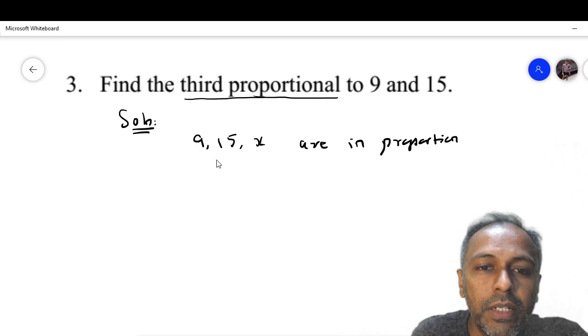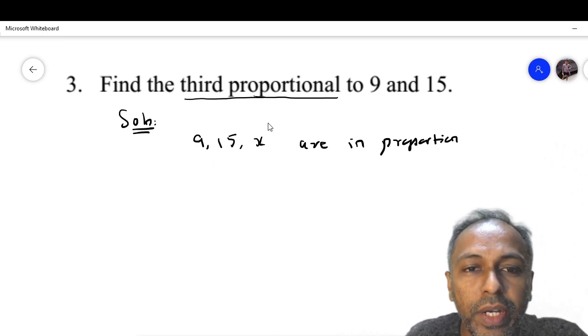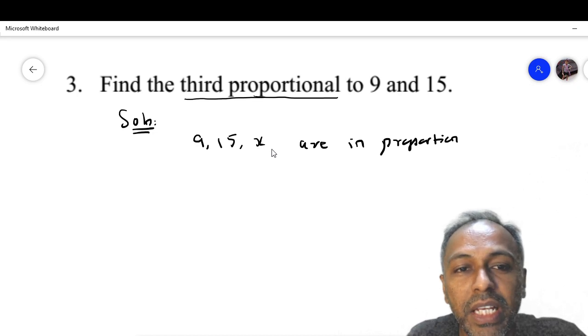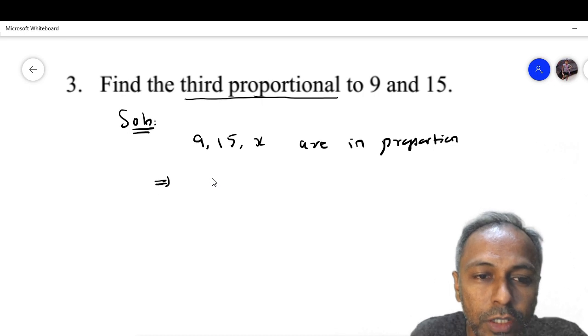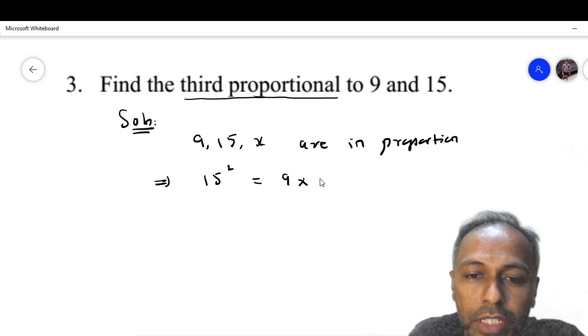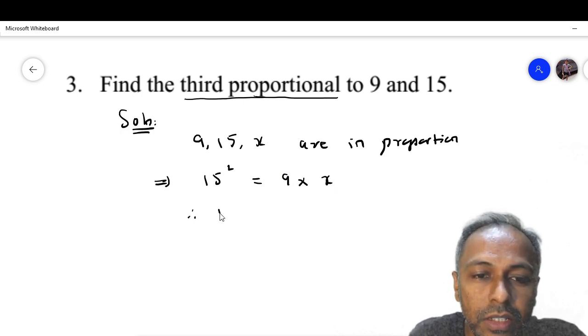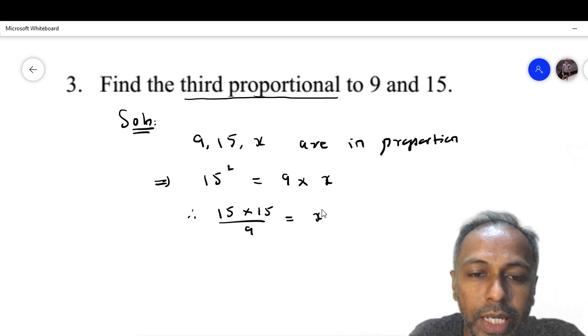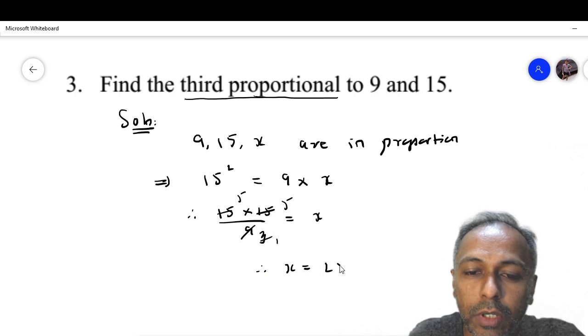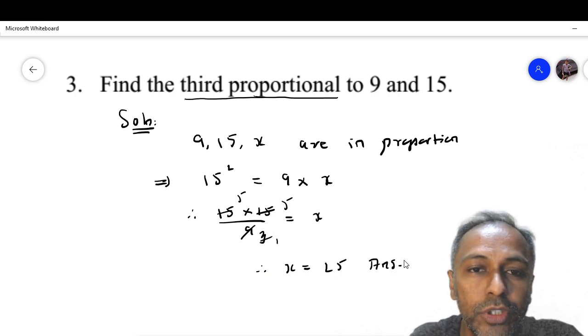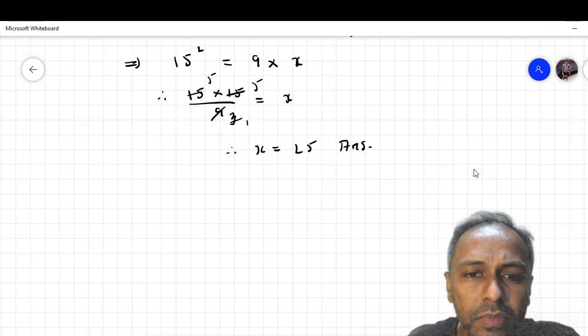If you can recollect the older part, we had discussed that whenever you want to find the third proportional, it will be behaving as C, and the earlier part that we had learned was B square equal to AC. So in such problems, you have to write B square, which is the middle term, is equal to product of extremes, that is 9 and x. So it becomes 15 into 15 divided by 9 is equal to x. 3 threes are, 3 fives are. Again you can get a cancellation with 5s. Therefore x is equal to 25. So our third proportional is 25.